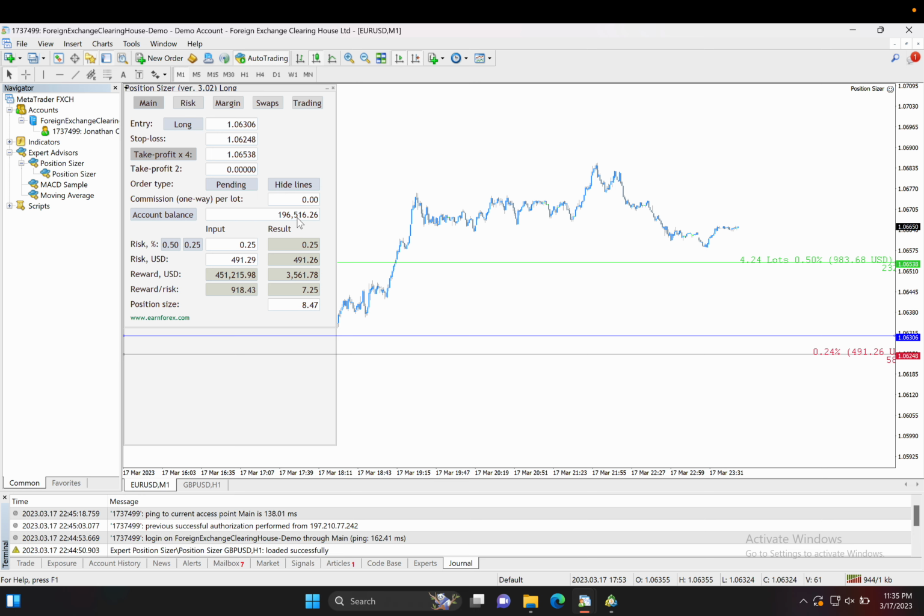Then you usually see account balance here. Then here you have the risk, 0.5, 0.2. We've already seen this, and it will also tell you what the risk is with respect to your account, what you're risking per trade. It will tell you what you could earn based on your entry. By the way, forget about that, because I don't have a TP2, so I believe my TP should be somewhere far away. Anyways, that is that. Then what else? We have here the risk to reward. So it's telling us that our risk to reward is 1 to 910,